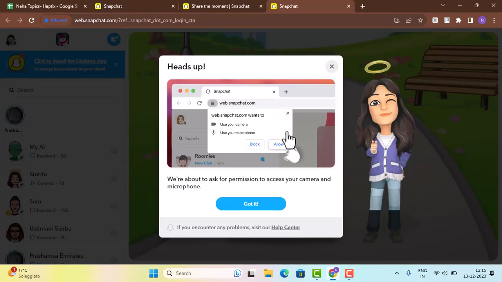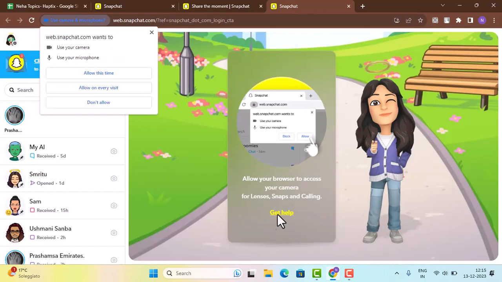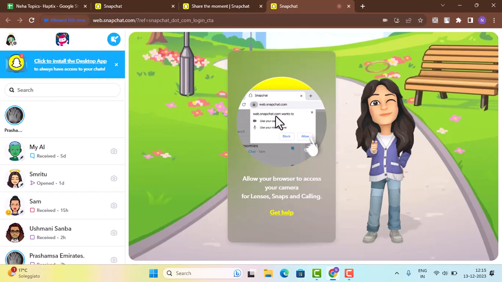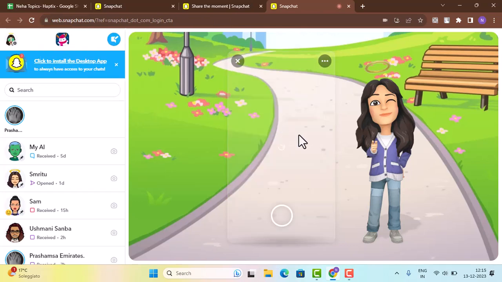If you've done that, go ahead and tap the center of the camera icon located right in the center and click the got it button. Once again, tap on allow this time, which is located right over here, or you can just go ahead and tap on don't allow, whichever is convenient for you. And after you've done that as well, go ahead and tap on the center and wait patiently until it's loaded